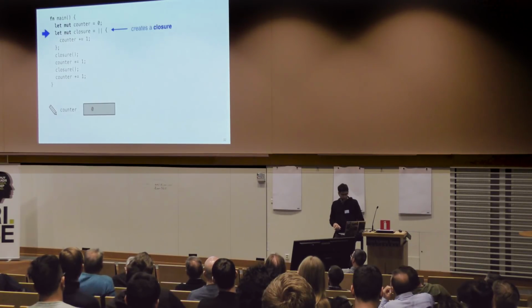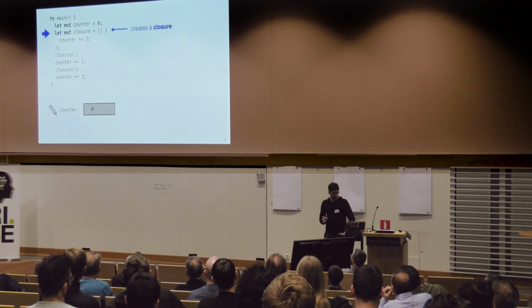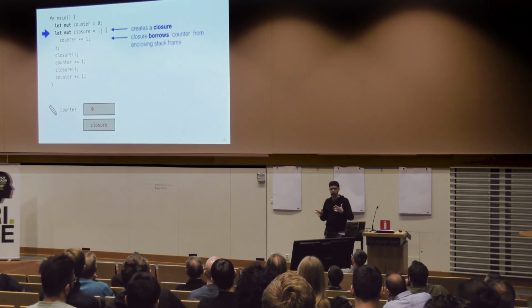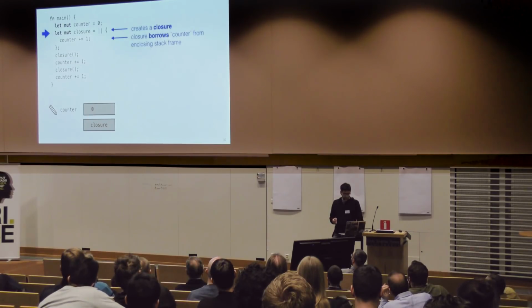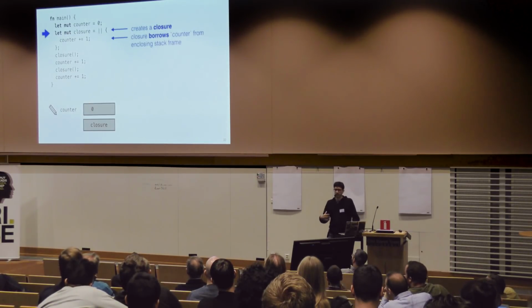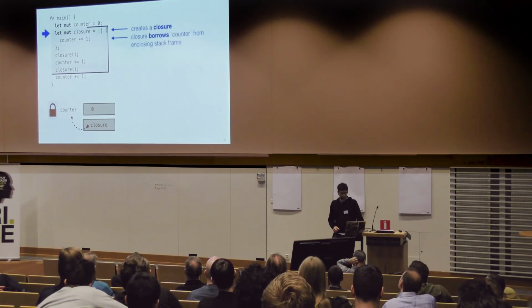And the key idea is it's going to access and increment this counter in the parent's stack frame, directly where it's stored. So in a way, it's actually borrowing the counter. It has a mutable reference inside, that's how we implement it, to the counter on the parent stack frame. So in the same way that when you did a mutable borrow, we looked and saw where this borrow was used, when you create a closure that captures a variable, we'll do a similar analysis. We'll say, where is this closure used? And we're going to consider the variable to be borrowed for that duration.